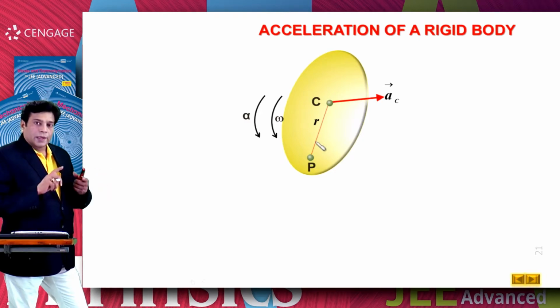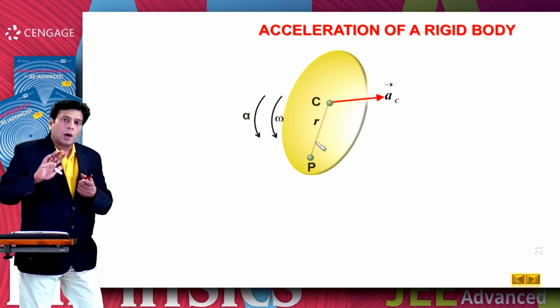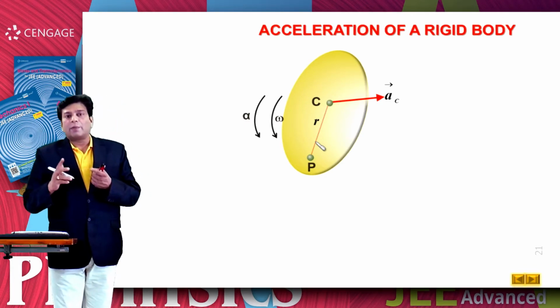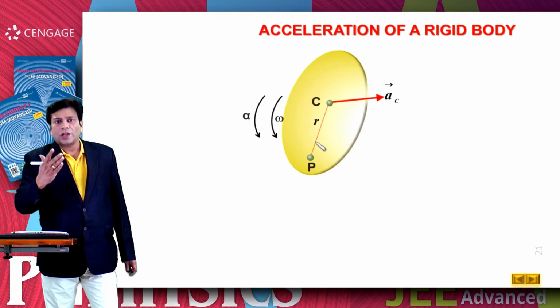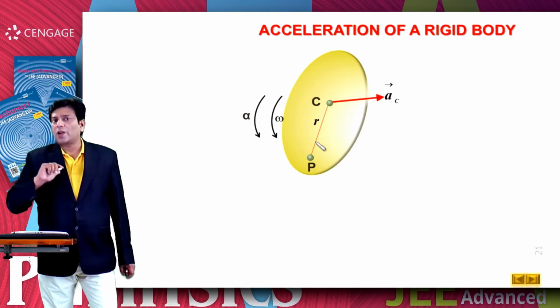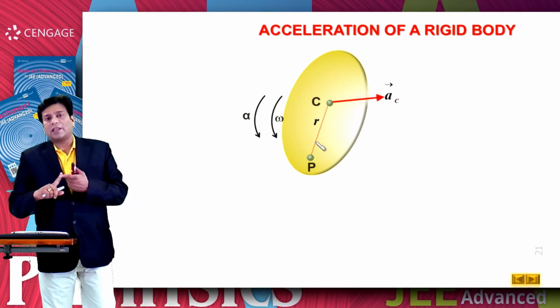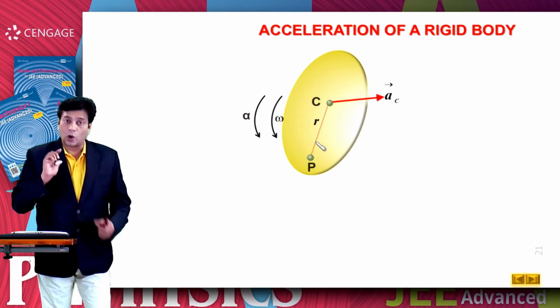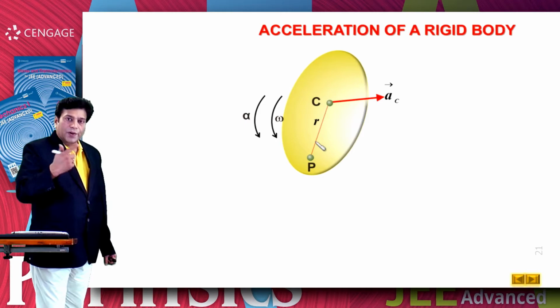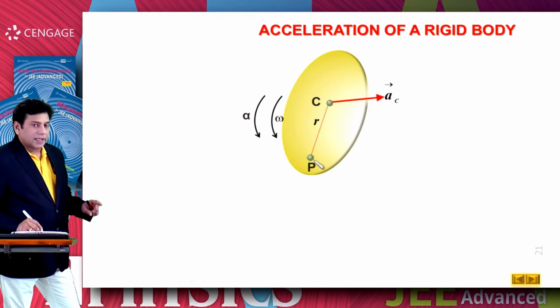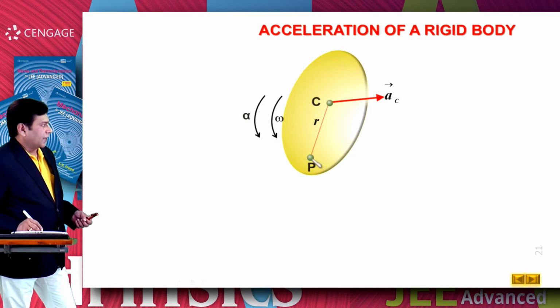Now, the body is rotating about center of mass and also translating. That means we can consider the rotation of point P with respect to center of mass. We know in case of the rotation or circular motion, two directions are important. That is tangential and normal. Normal direction means radial direction. So let us analyze the acceleration of point P with respect to center of mass C in the tangential as well as radial direction. Let us consider first tangential direction.